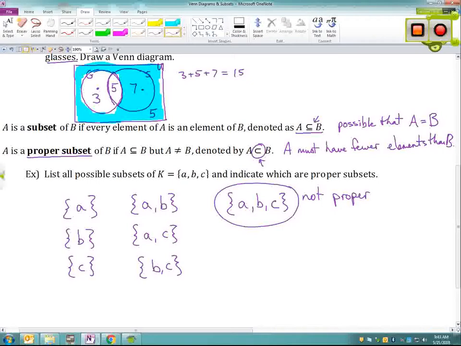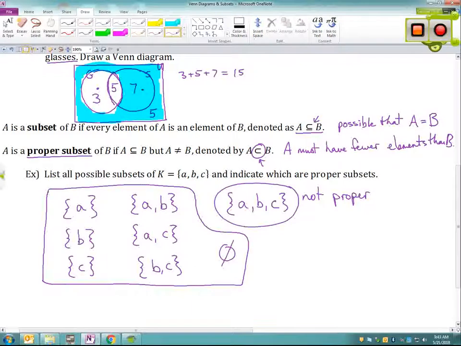However, there is one more that I have to include as a possible subset that I have not yet written, and that is the empty set. And again, we can write it as an O with a slash through it, or we could just write the braces with nothing between them. I prefer this notation sometimes because the braces are tricky to write, but also because then you don't start to write the braces and then maybe forget whether or not you were supposed to put something between them. So here I am saying for sure the empty set is also a subset, and the empty set is a proper subset of all sets. Okay, except itself. So all of these are proper subsets.